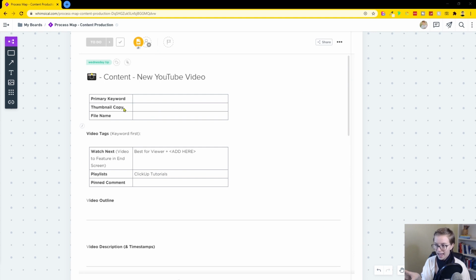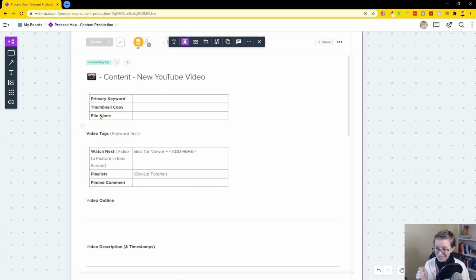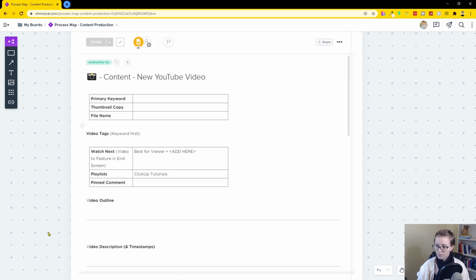The task description actually uses tables and kind of prompts to help me fill out the details I need to get my stuff together. Not all of this is filled out at the beginning. Some of it's filled out in the first pass, and then it kind of gets revised and revised as the content moves through the process. But usually in these early stages, I'm focused on getting the primary keyword in, the thumbnail copy, the keywords that'll show up in that thumbnail, the file name that I'm going to be saving all my files as, a few other pieces of this, which, talking about sub-processes,